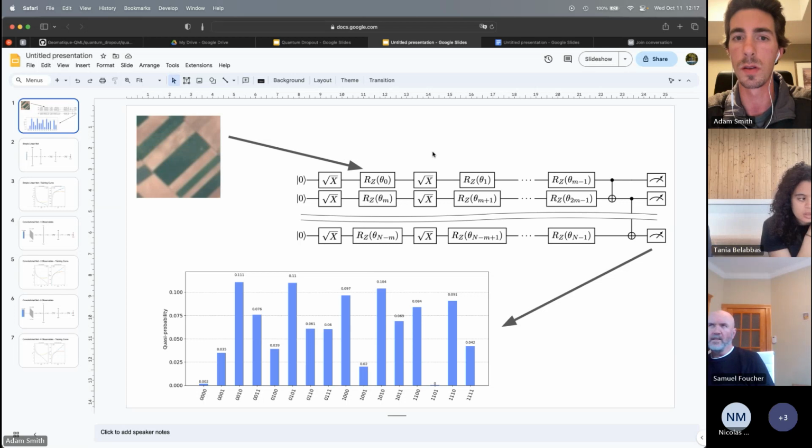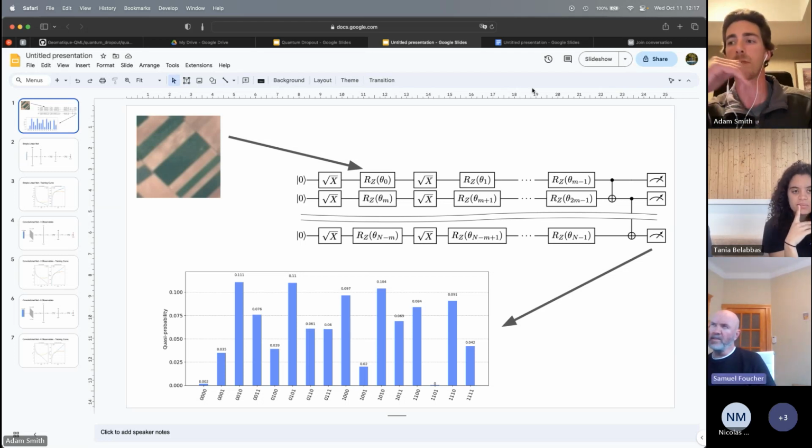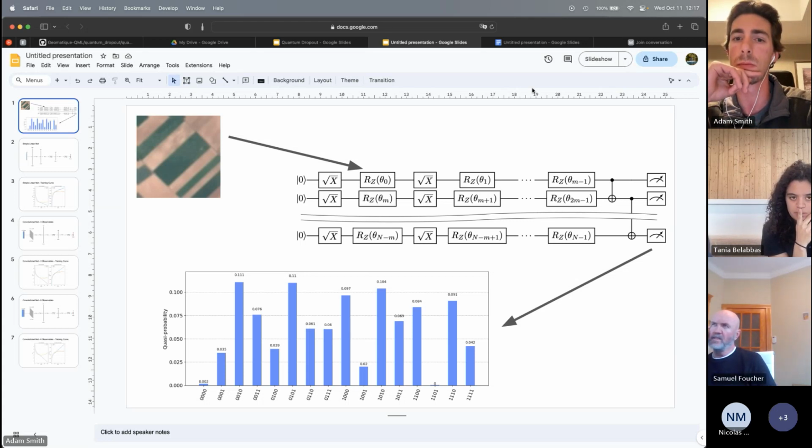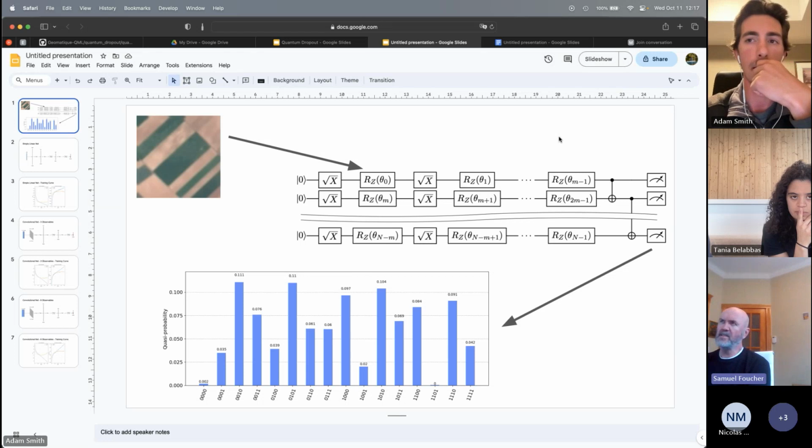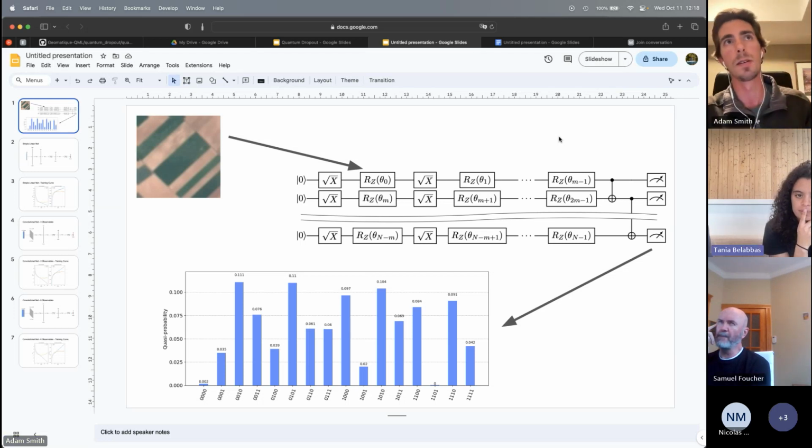Do you think it would be possible to have some kind of variational approach to modify the parameters of the circuits, but using a cost function that would maximize the contrast? So the contrast is the difference between different classes should be maximally different, and same sample should be closer. Yeah, but I think you might need to know the answer in advance to know which observable you're going to use.